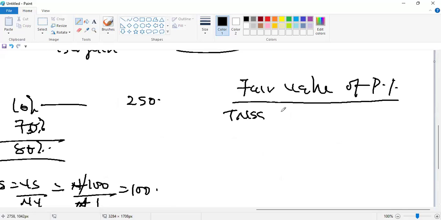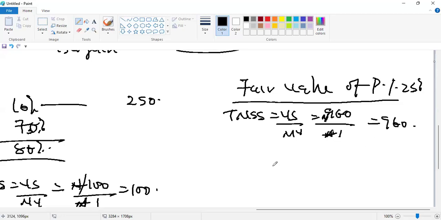Total number of shares in the subsidiary, 25%, equals 960, value of 1, 960. This is the total shares: 0.25 times 960 times 0.5. That's all. That will give you the value of the previous investment, because that was the market price per share on that day. Immediately you can do this in the exam, you are done.